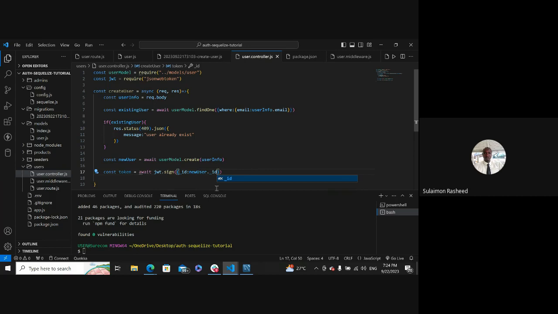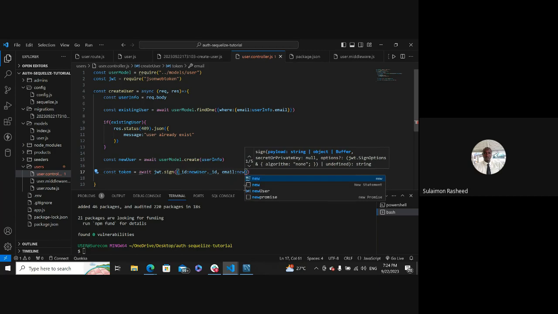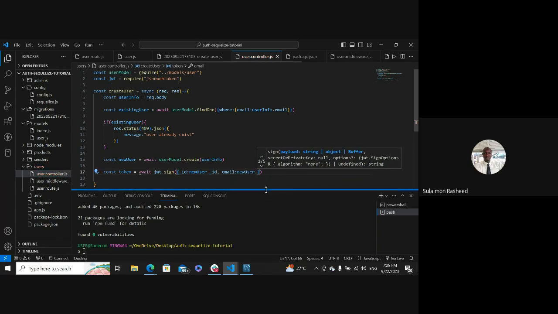Then comma, then we also make use of email. You have colon. We are going to be combining email and ID. Then new user dot what? Dot email, right? So dot email. So this is it. Then when you are creating JWT from ID and email,